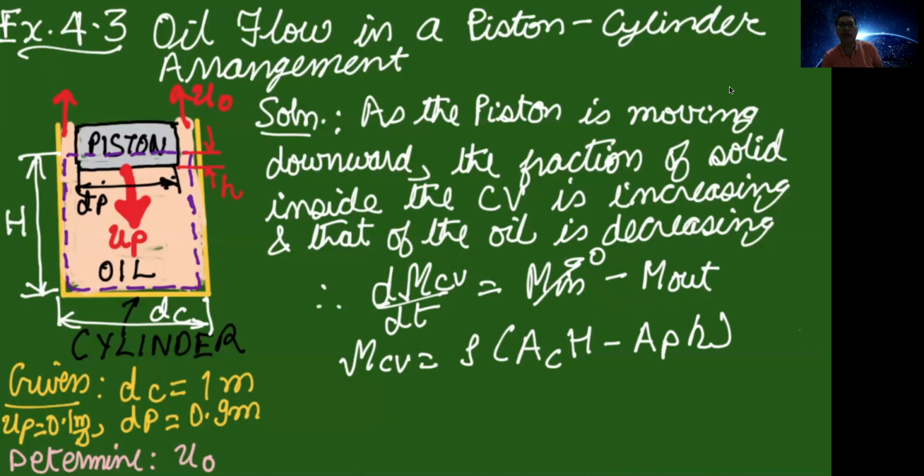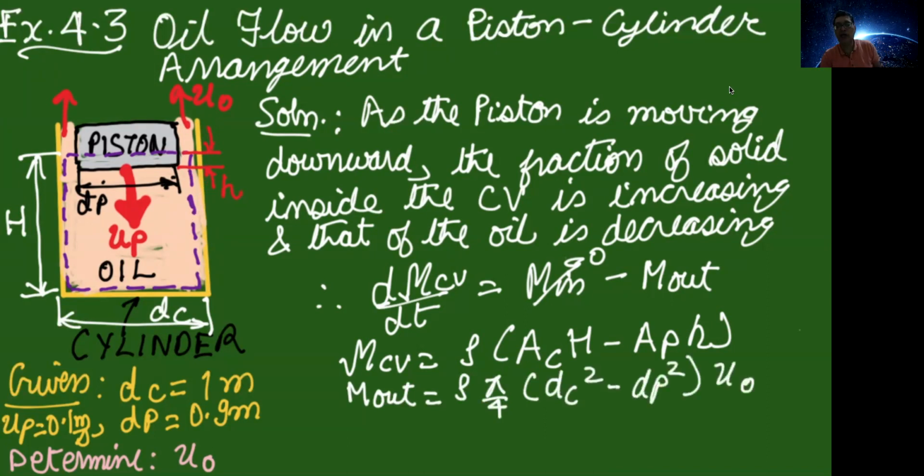Now to calculate the mass flow rate, the oil is leaving from this small region, which is a cylindrical area given by pi by 4 into dc square minus dp square. So the mass flow rate is the density of oil multiplied by this area multiplied by the velocity. Note that this is an average velocity of the oil leaving from the top. So if you substitute the mass of the oil in the control volume and this mass flow rate from these expressions, and take the derivative for the left hand side as shown here,